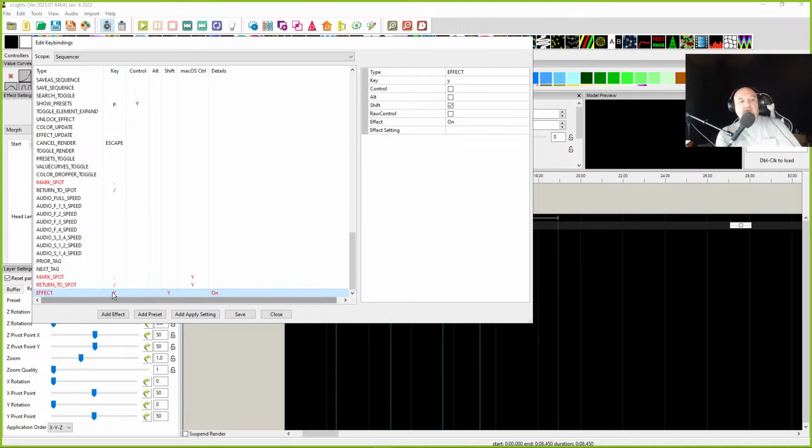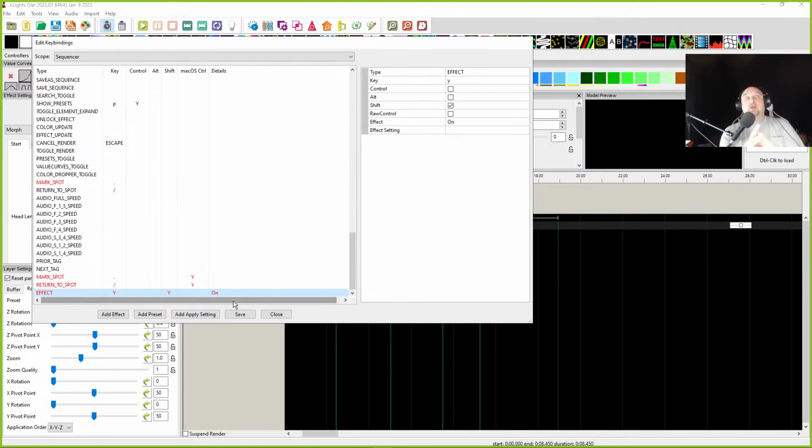So here's our effect. We use the uppercase letter Y, and we have the on effect placed on it. It's not going to work because we have something else that has the letter Y on it. But keep in mind that, as you can see, there's punctuation, slashes and dashes, and different characters on the keyboard that are also up for grabs when it comes to using some of these. So when you have 26 effects, or